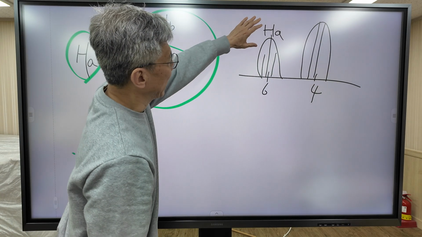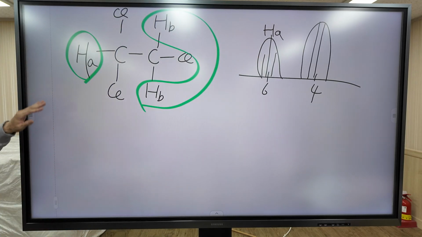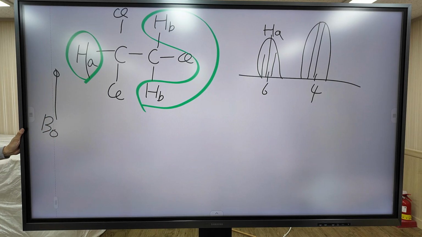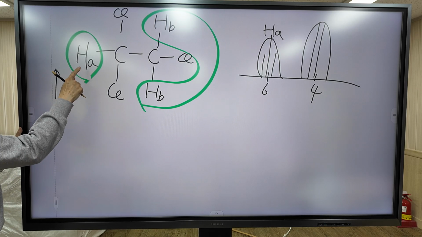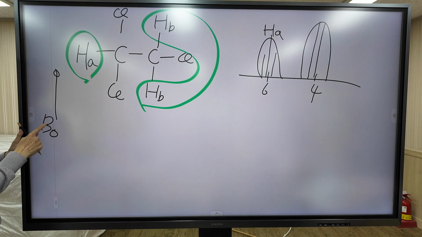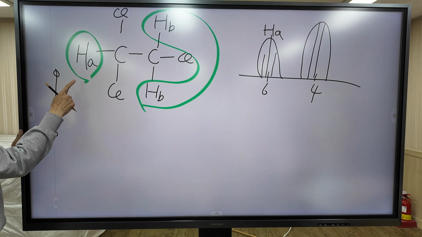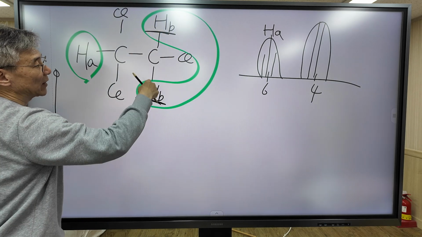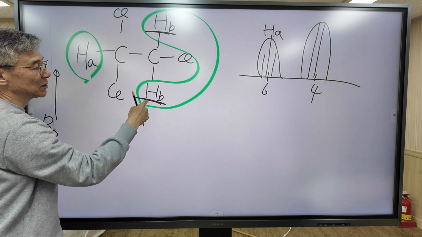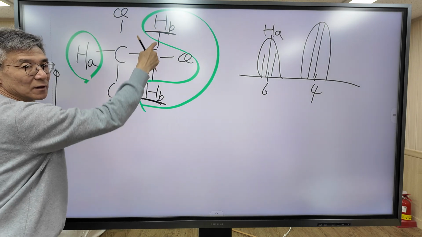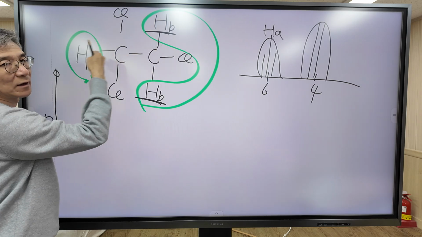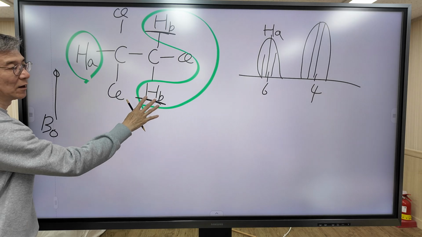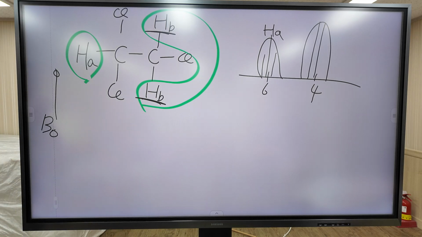Now I'm going to explain the Ha proton first. To measure the NMR spectrum, we apply a magnetic field. But the Ha proton does not only feel the external magnetic field B0. It also feels the magnetic field from this proton. Actually, this proton is also a tiny magnet. This is a spinning charged particle. This proton also generates a magnetic field. But as you know, there are two orientations of this magnet, up spin and down spin. So there are four possible ways.